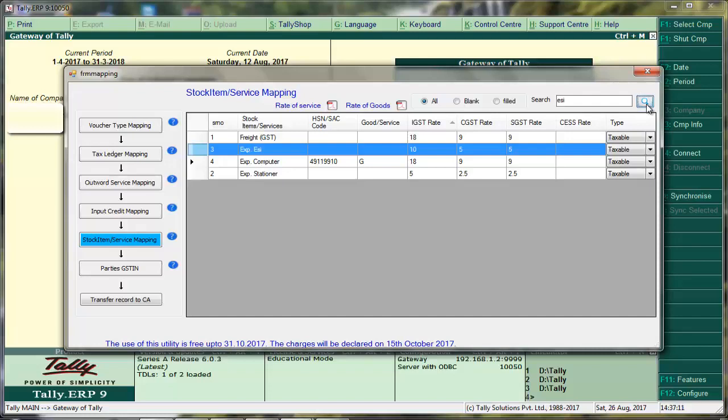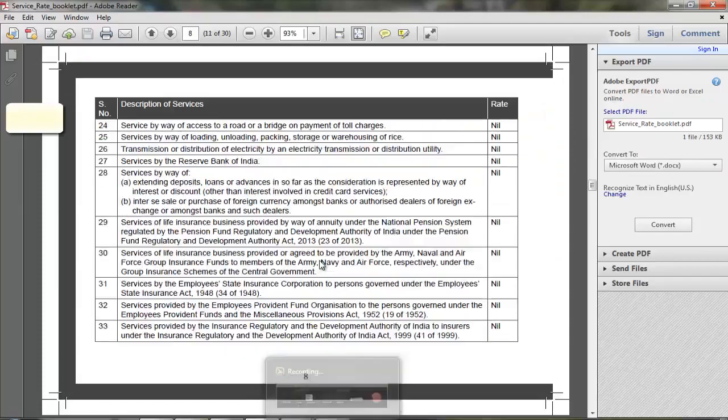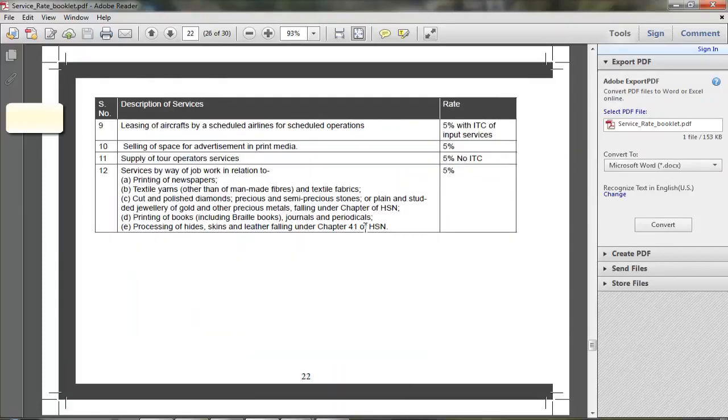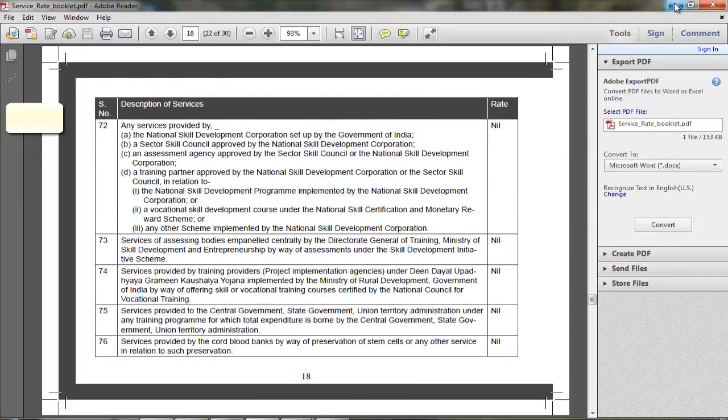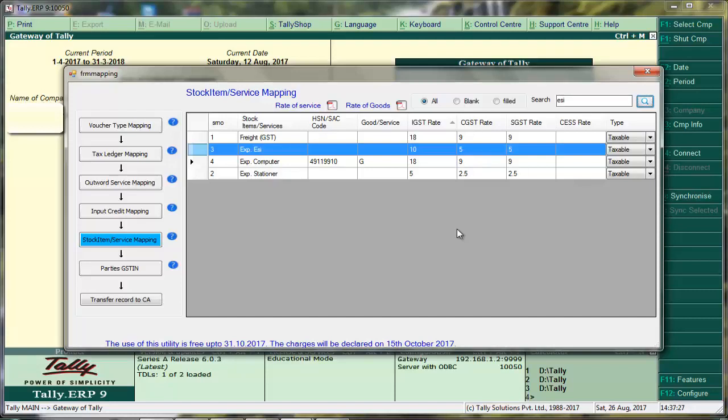Also, you can use PDF files issued by CBEC to search GST rates of goods and services. In case tax rate is 0, then software will treat the commodity or service as nil rated. However, user can select it as exempted or non-GST from the given drop down.